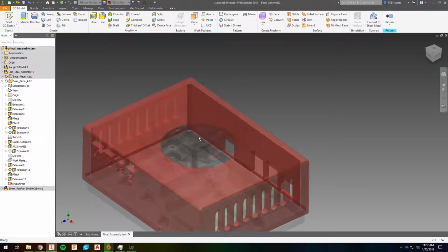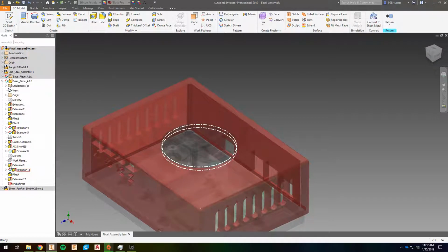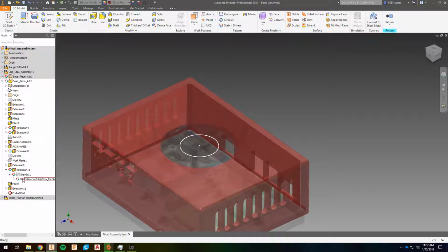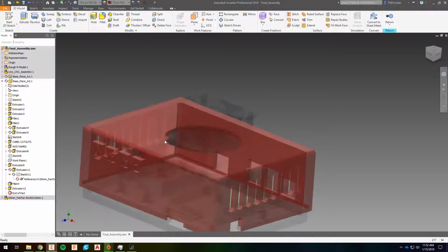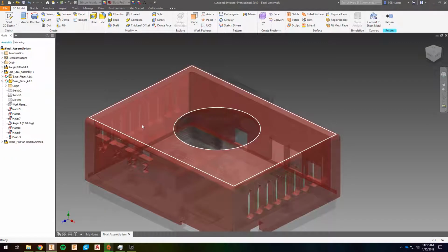And also for the fan, if we go to that part, which is this one, I just have that contingent on the fan. See, it's referencing the fan. So if you put another fan in, you can project the geometry. See, if you go into here and you do this,